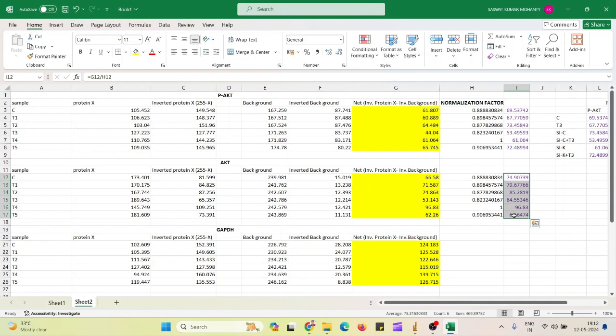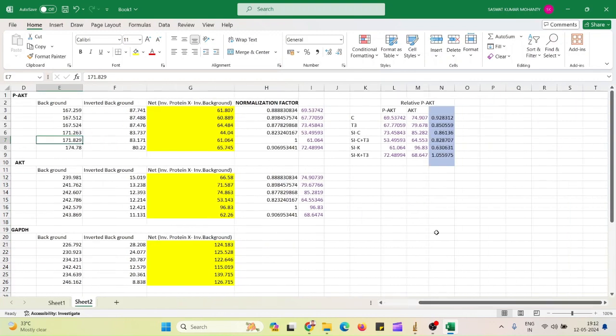So the first step is exactly how we did for beta catenin. For phospho-AKT, I will calculate the net intensity and normalization factor using GAPDH. For AKT, the same GAPDH, like how we calculated for beta catenin.